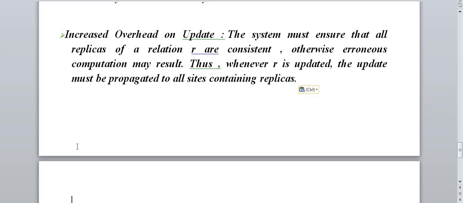So this is the update overhead. The system must ensure all the replicas of a relation are in a consistent state. To bring them to a consistent state, we have to propagate the updates. So this is the disadvantage of replication. This completes fragmentation and replication. Thank you.